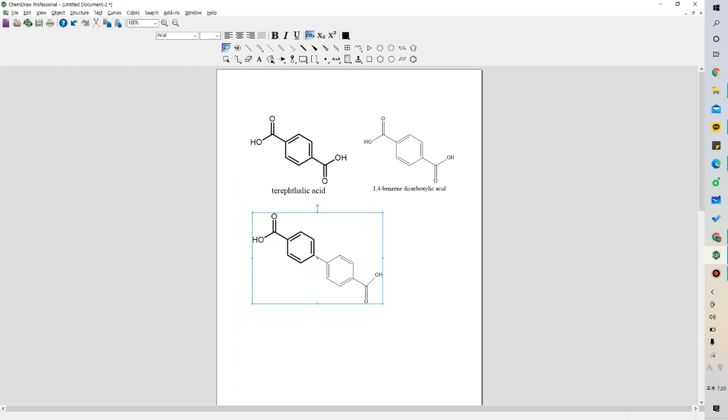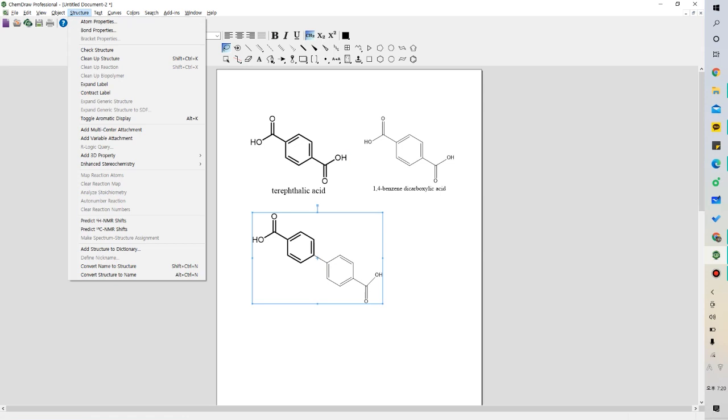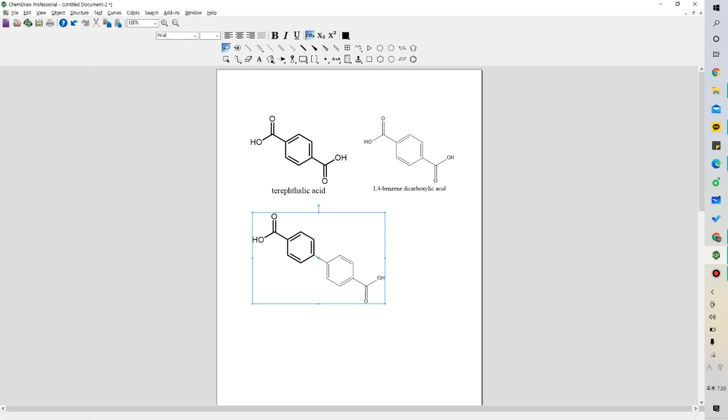The bond angle on the left and the bond angle on the right are different. In that case, you can click Structure and click Clean Up Structure. The shortcut key for it is Shift Control K. Click this, and it will be automatically modified.